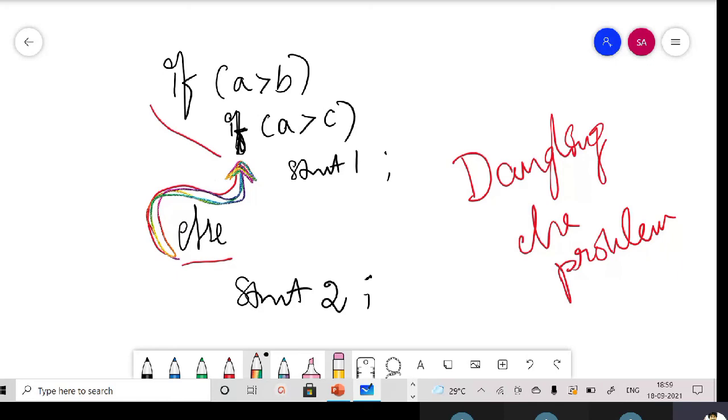Okay, does anyone have an idea about dangling pointer? What is that problem? Because that's one of the important questions in technical rounds. If you're applying for a core company, that is a product based company, you can get these kinds of questions there. Okay, do you have any idea about dangling pointer?